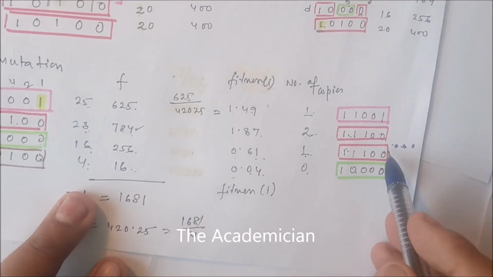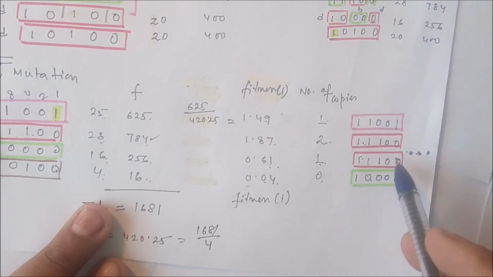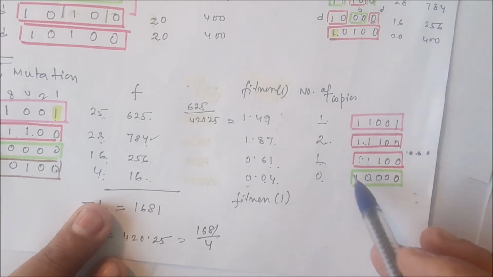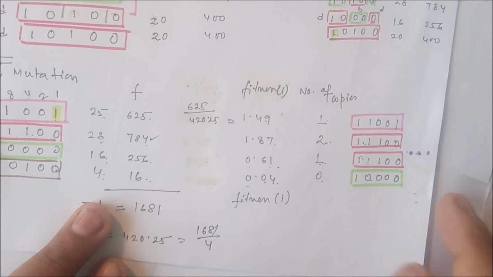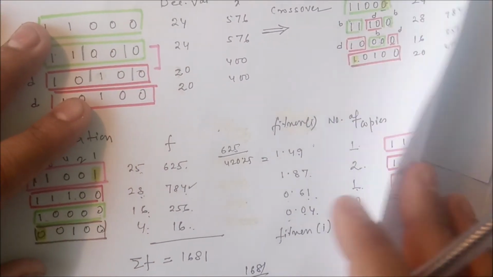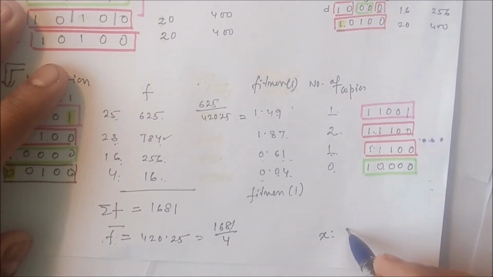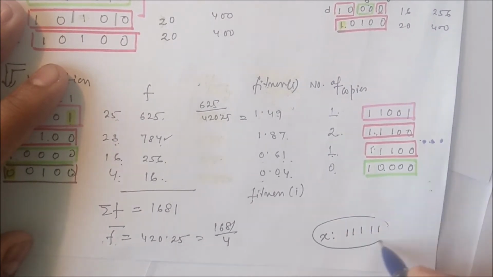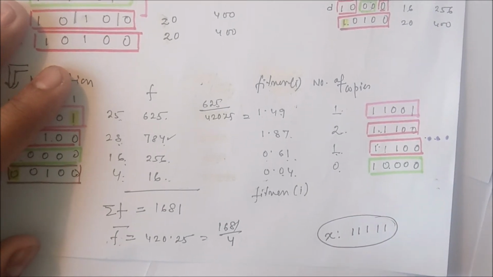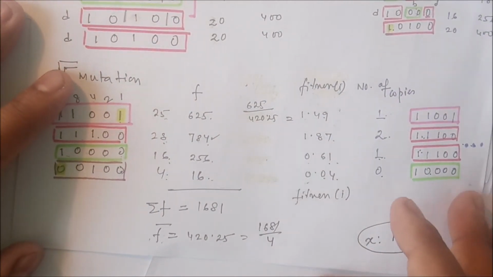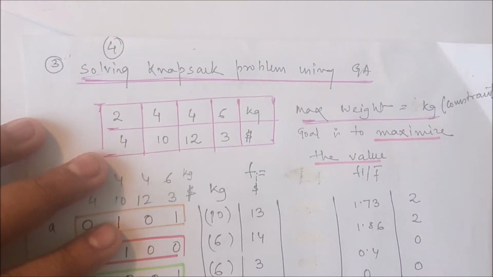And we have to follow this particular process. After that, once again we have to calculate the fitness value, we have to select the best one. Okay, we have to apply crossover and so on. Okay, so can you guess what will be the optimal answer of this particular problem? It will be the optimal answer if the value of x will be 1 1 1 1, if all 1. Okay, are you getting this one? So it's a simple example to explain the genetic algorithm.